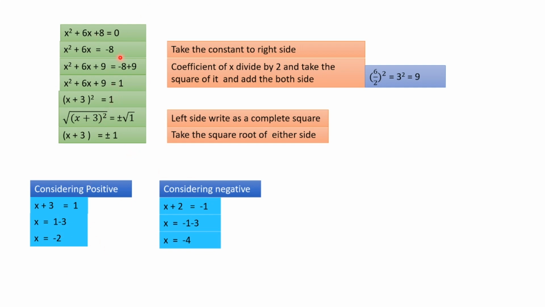Up to here it is also general mathematical operations. You have to find what is the front of x, then divide by 2 and get the square of it. That is all, add it. Then this is a little bit hard. Not hard, just take the square root of the first term and the last term, and put the square. So you are going to convert the quadratic trinomial to a binomial square. That's all. The complex part is getting the quadratic trinomial. Using the trinomial you are going to build a binomial square.